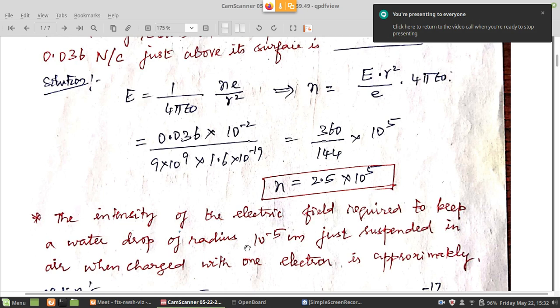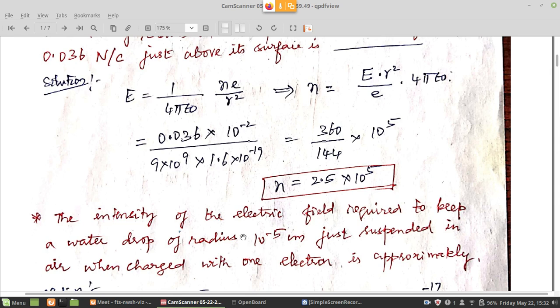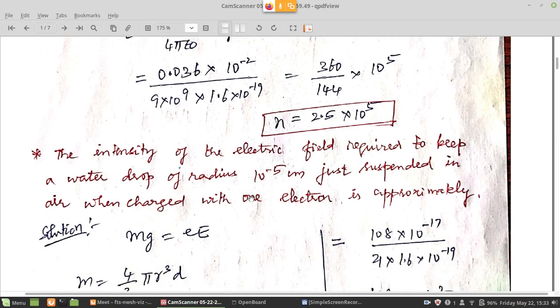First of all, where does m come from? The size, radius is given. Can you work out the mass? Exactly. So all you have to do is to get the volume from this radius, that is 4 by 3 pi r cube, assuming it is spherical and using the volume of the sphere for the water droplet. We can get the volume, and then all you have to do is to multiply that by the density of water. That can be taken generally to be 1000, right? So we can multiply that and get the answer.